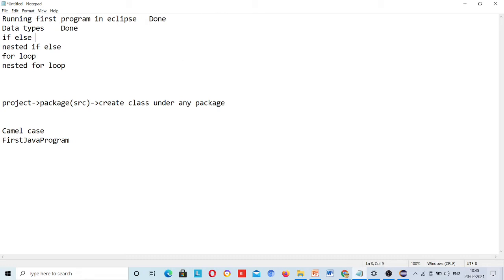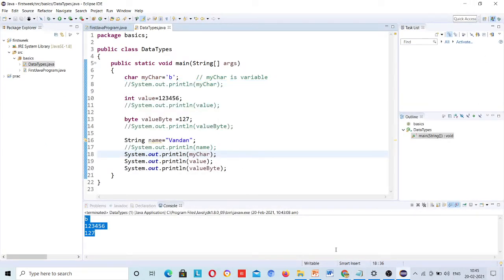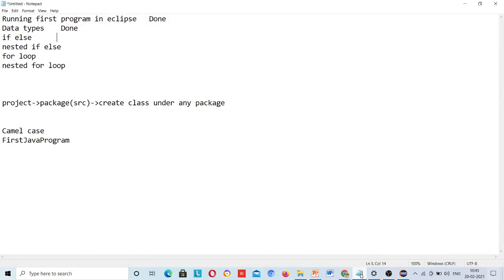Now come to if else. In our life and in programming languages as well, we have conditions. Sometimes it happens that if this happens, then this code should run, and if that happens, then this line of code should be executed.